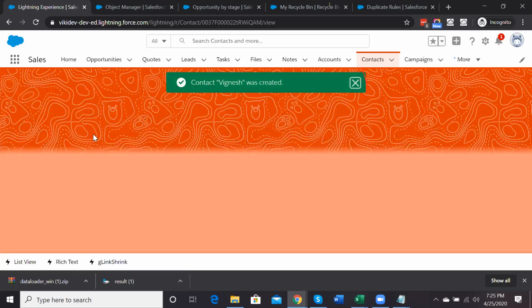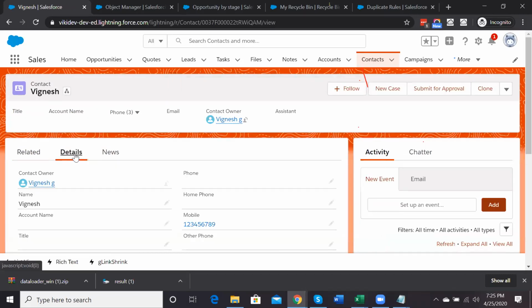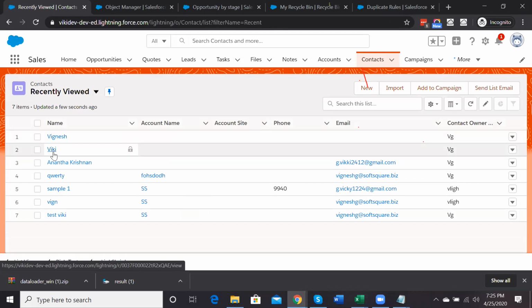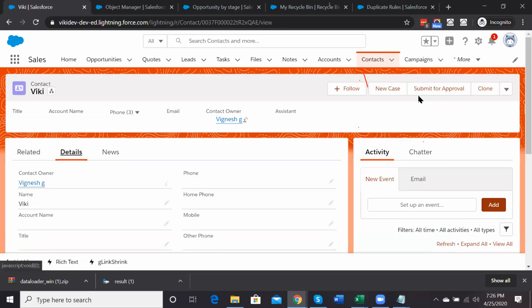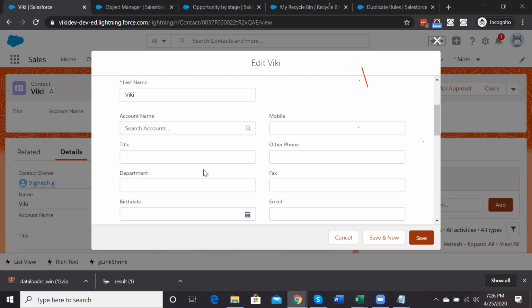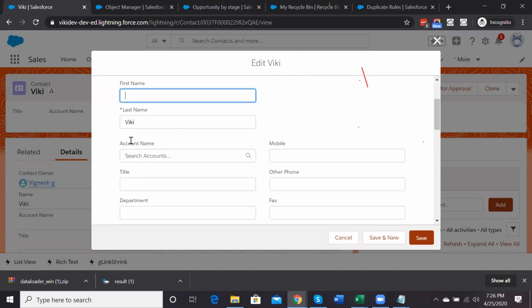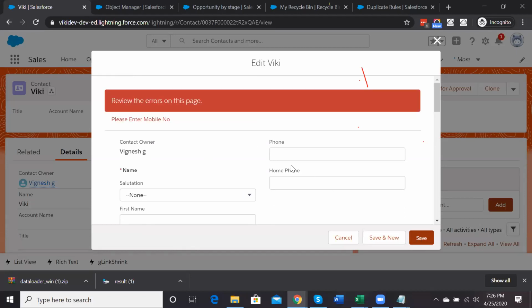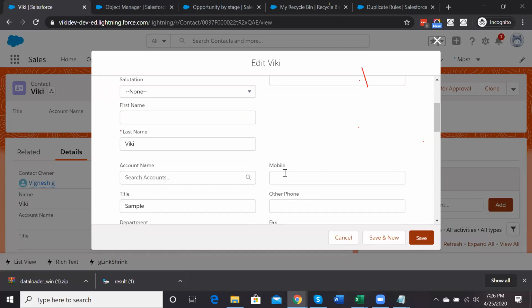For data validation, as I previously mentioned, the validation rules apply to the older records also. Like if I'm opening an older record without a mobile number and editing the record, I have made a change in the title field and am clicking save. Even though it is pre-entered data, once the validation is set, if the record is being edited and I try to save it,